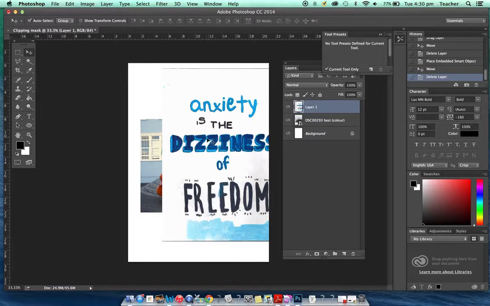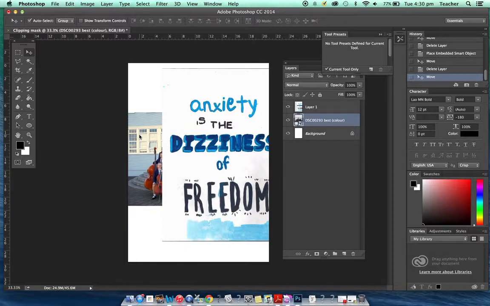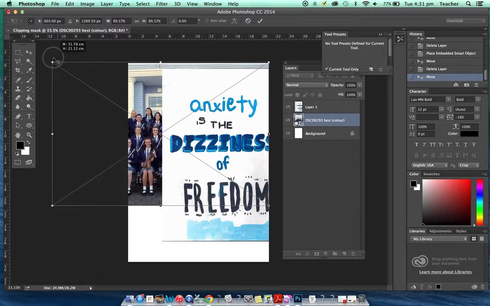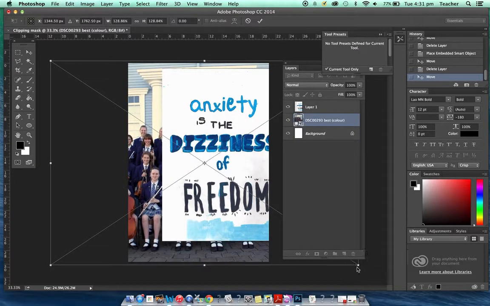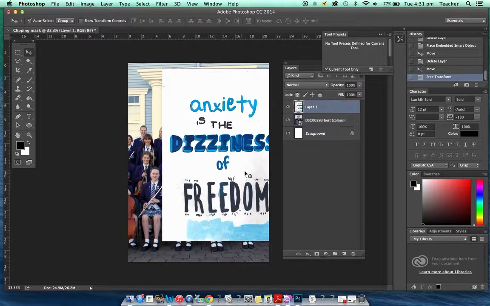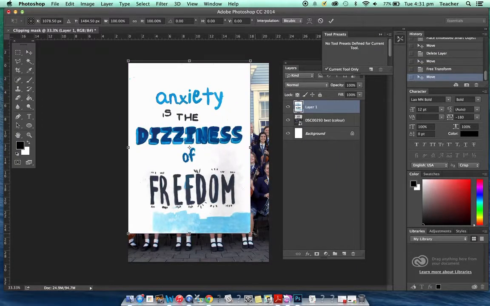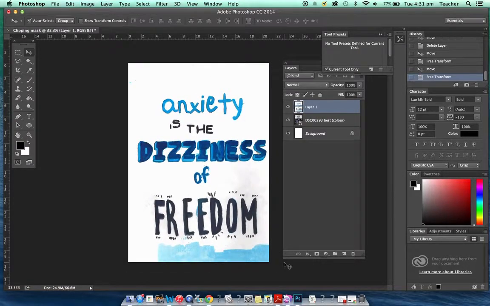Now the first thing you need to do is obviously resize it. So again, it's just the old Command T or Control T. And remember, always scroll from the corner so you don't lose your proportions. Once you've got it the size you want, you push Enter. And exactly the same thing with the text, Control T. That's a free transform tool. Okay, so